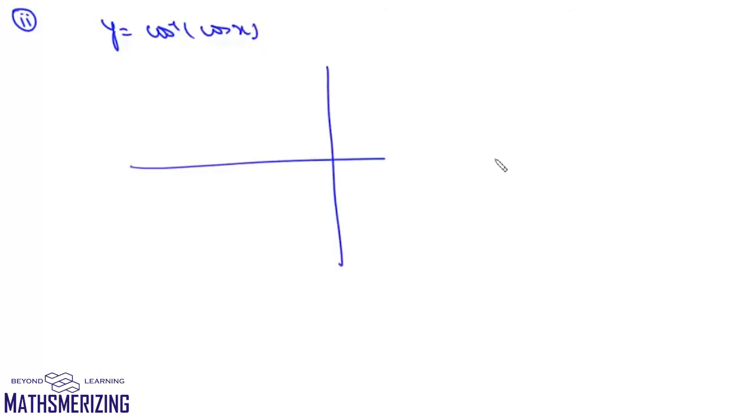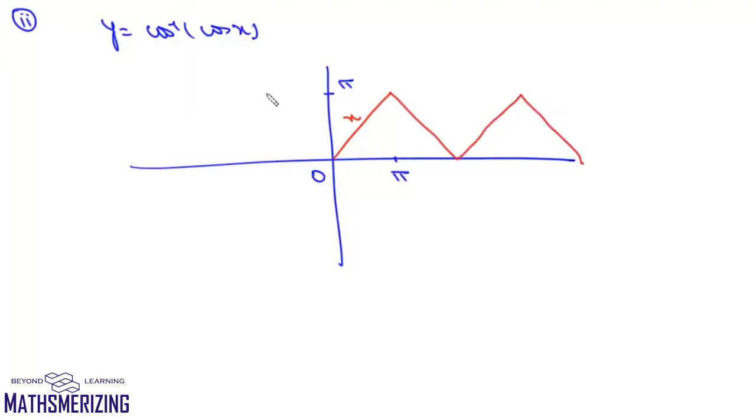Now the second one is the graph of y equals cos inverse of cos x. So again we'll use the same method. The principal value range for cos inverse is 0 to pi. So we'll mark 0 and pi on both the axes. Now in this interval, it'll be simply the y equals x line, and then we'll continue to draw these zigzag lines. So this is 2 pi, 3 pi, 4 pi, minus pi, and minus 2 pi.